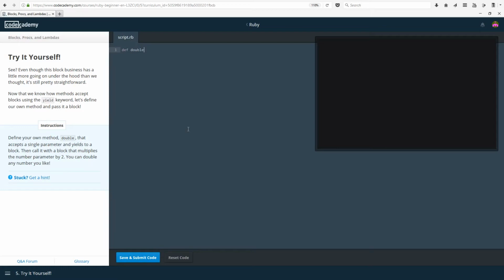That accepts a single parameter. I'm going to call that number, I'm guessing, because it's double, or just num, even easier. And yields to a block. Yield, okay. Then call it with a block that multiplies the number parameter by 2. You can double any number you like. Okay, and then I just need to do end. So double,